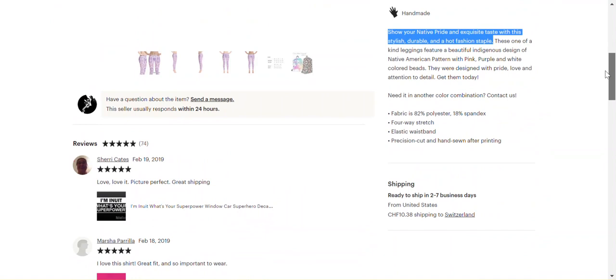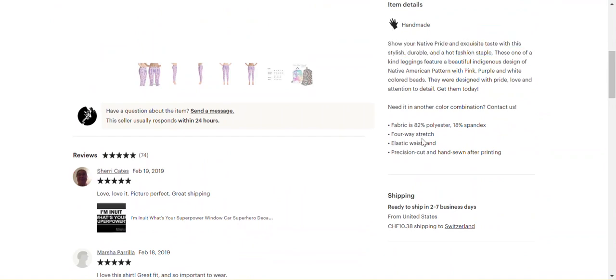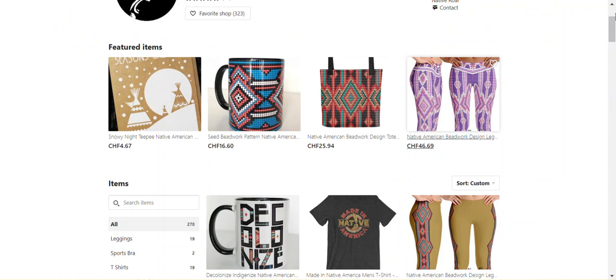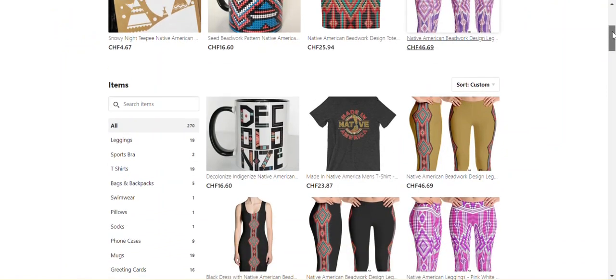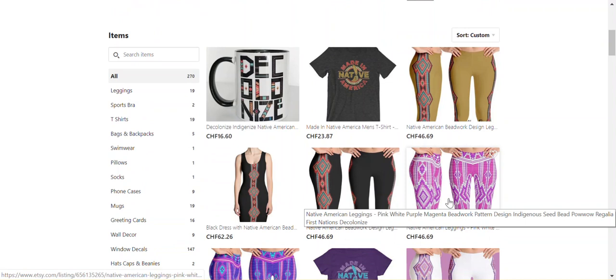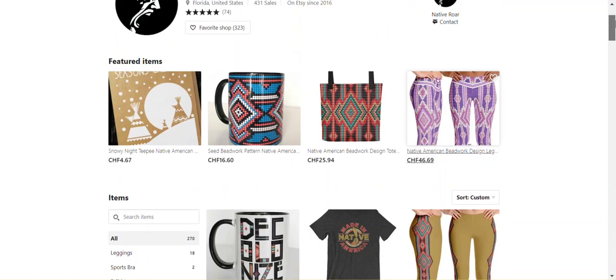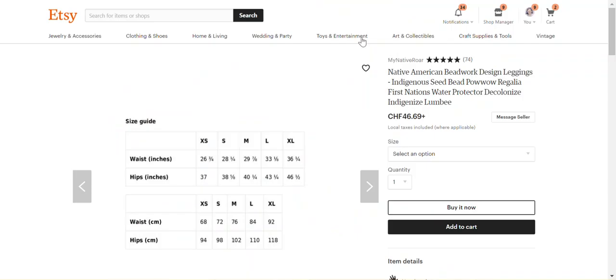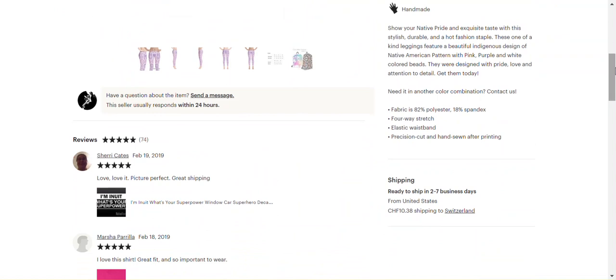And if there are, I would add something to the description here with a link looking for, oh, you have it here, "needed in another color combination, contact us." Okay, so maybe you don't have other colors readily available. Let's just go back to your shop front and okay, you have other designs. Oh, this one looks like it's the same design here, the pink one with a different color, and the blue one also. Okay, so you do have other colors, and so I would add here, see,